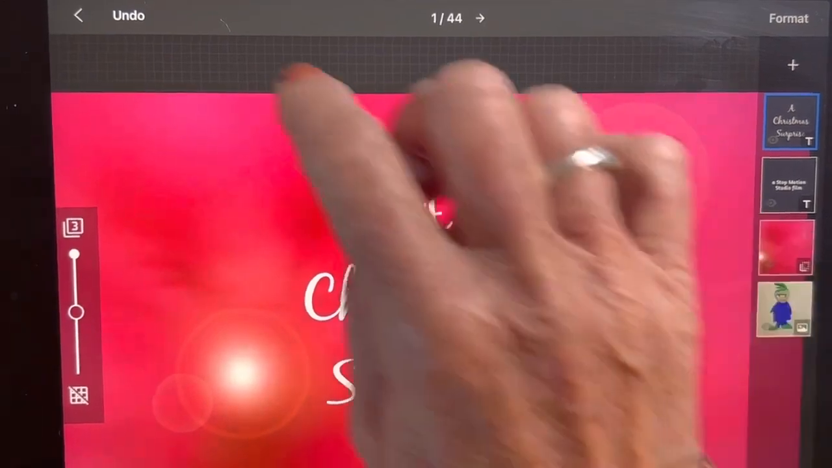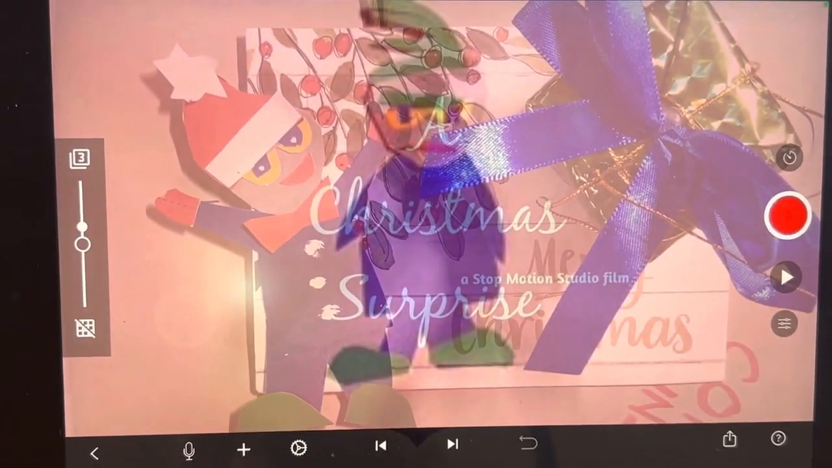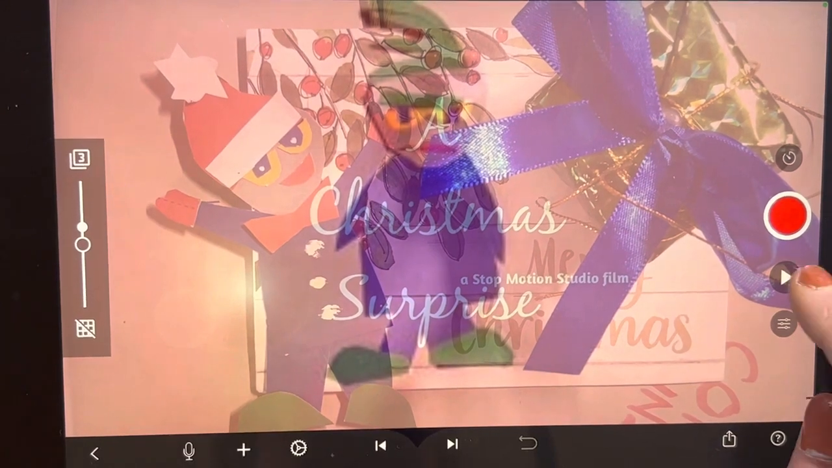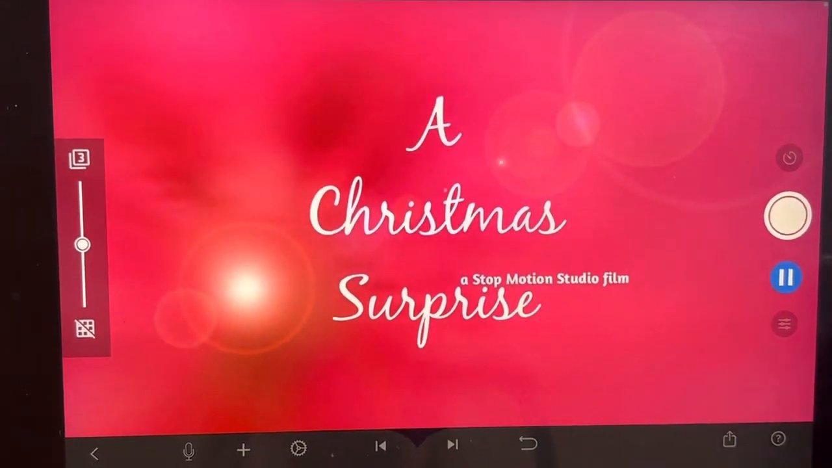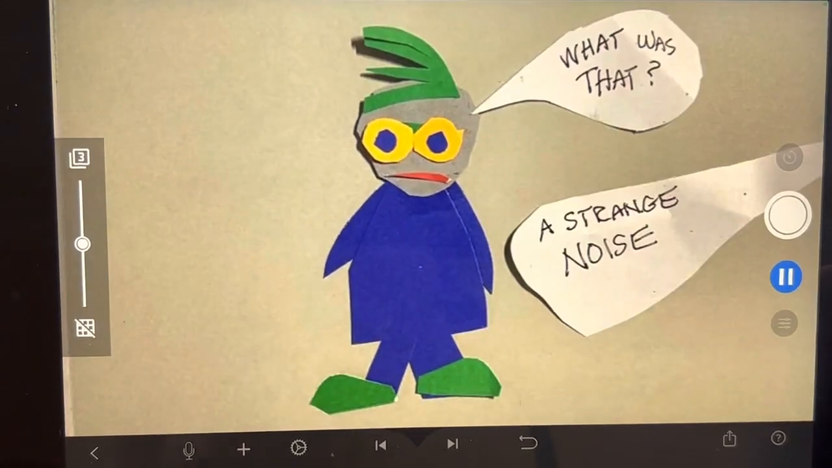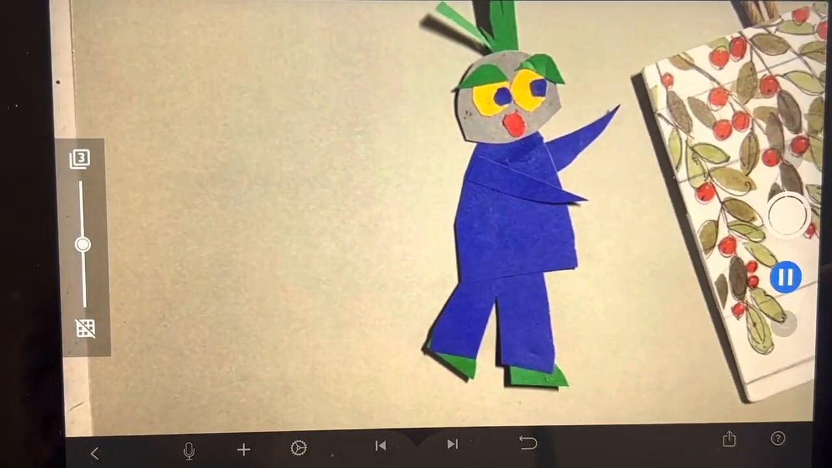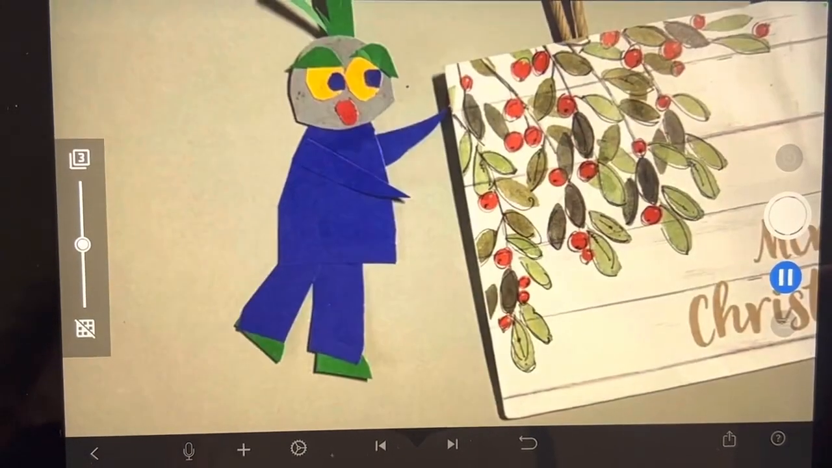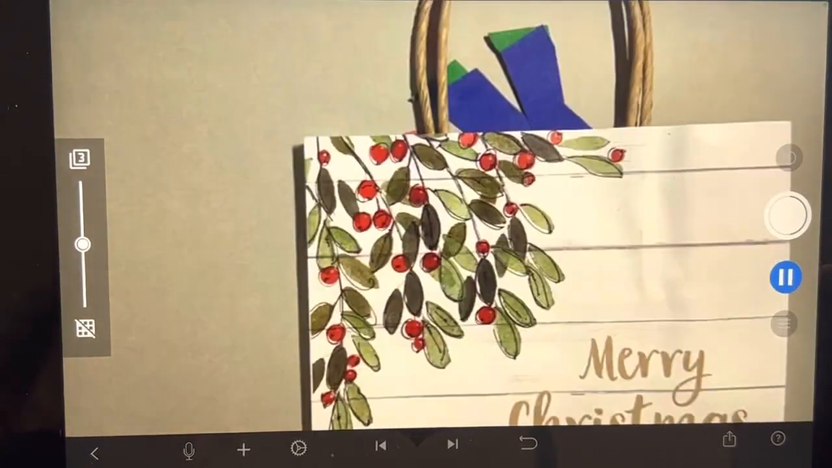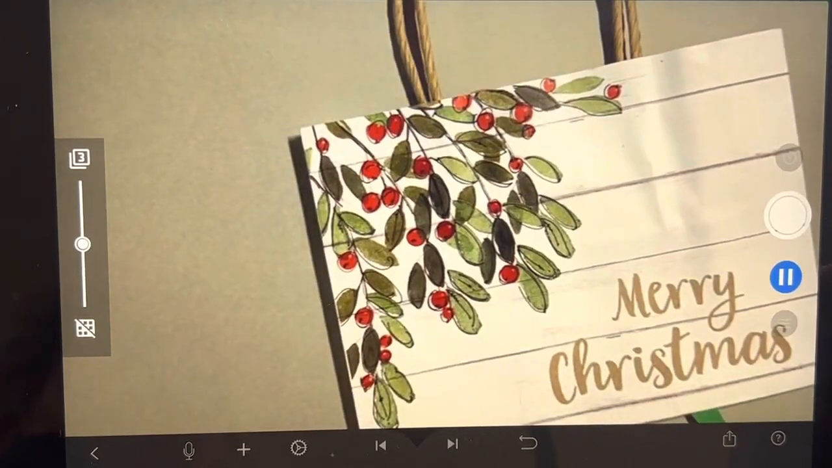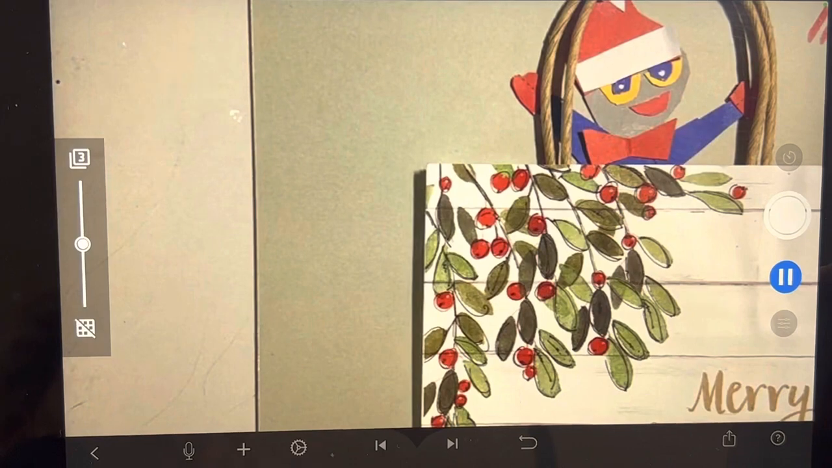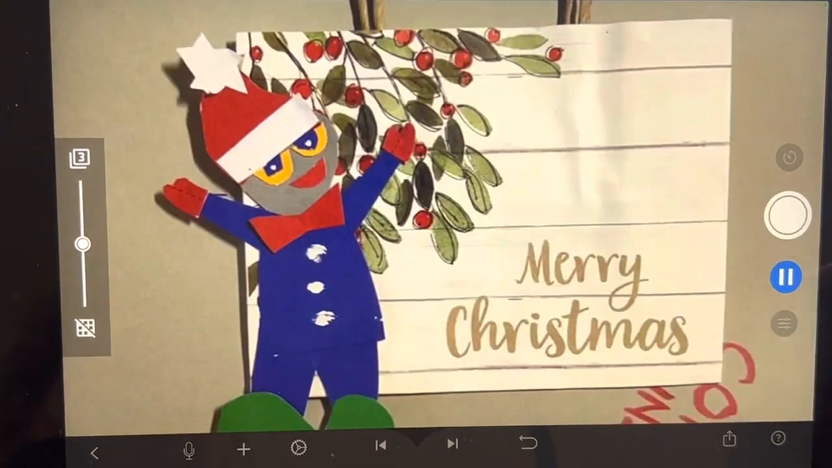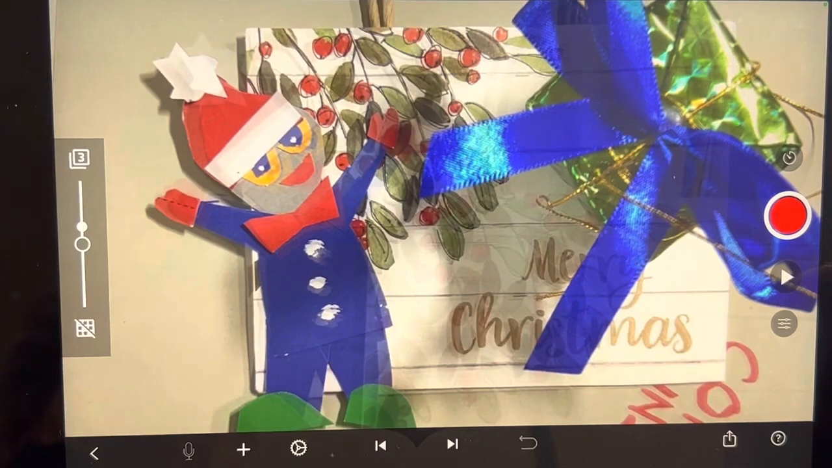So now let's go back and look at our film. So let's play it. There he goes, he sees the bag, it says come inside. So he's going inside the bag. And the bag is moving around. And then he comes out. Only this time he stands in front of the bag and he's got a present there and there's a message that says Merry Christmas. So that is our tutorial